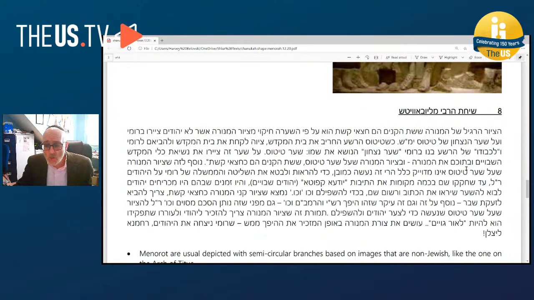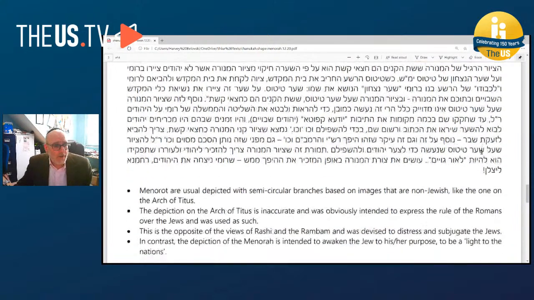And here we go. Source 8. I'm going to scroll it up. I've got some bullet points which capture the Hebrew text. The usual depiction of a menorah shows it with the 6 branches forming semicircles. Where did that come from? According to the Lubavitcher Rebbe, who says that it is based on the depictions of the menorah that Gentiles drew in Rome, and on the other spoils of Titus, may his name be blotted out. This has been based on